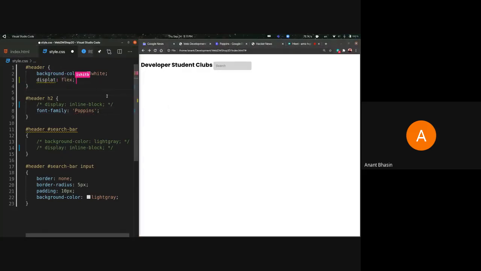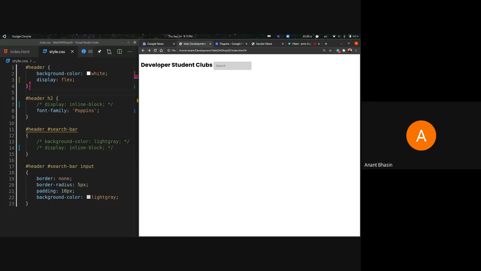So flex, you can take some cues from what it means looking at the term. It basically stands for flexible, and by default the header itself will act like display block, wherein it will take all the space that it can and reserve the whole line for itself. The extra styling in flex, apart from the styling from display block itself, is that it's now going to influence the tags inside of the header tag. So let's see how that happens.